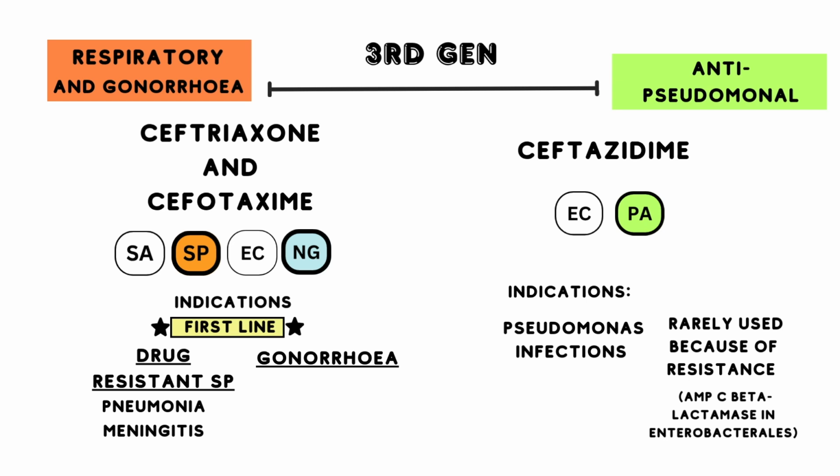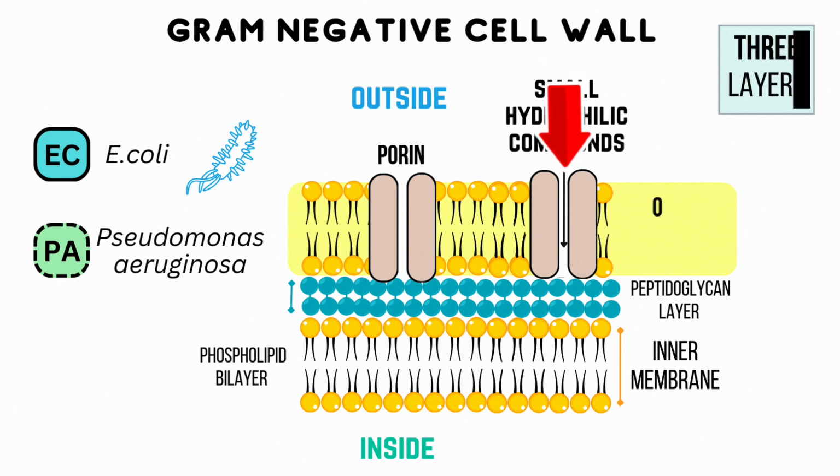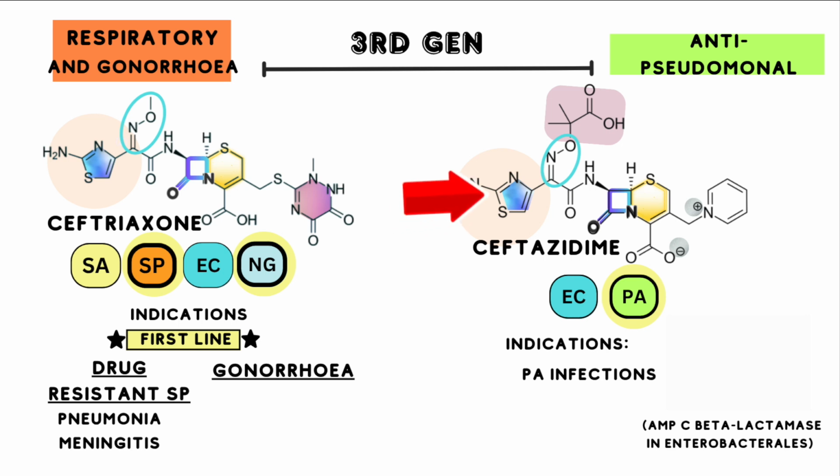For the anti-pseudomonal cephalosporins, the main representative is ceftazidime. The key feature of ceftazidime is its anti-pseudomonal activity, but it does also have decent activity against the other gram-negatives as well. This is to do with its right side chain having a Zwitter ion, which enables it to pass through the porins of Pseudomonas cell walls. Notably, the right side chain of ceftazidime stops it from working on gram-positives, even Staph aureus. Ceftazidime is reserved as a backup option for Pseudomonas and other gram-negatives, as it's associated with inducing resistance.